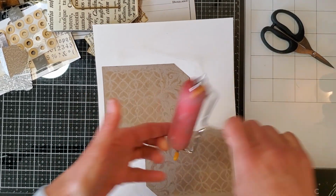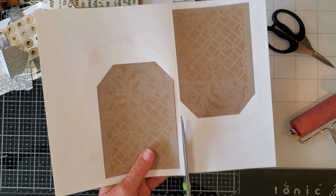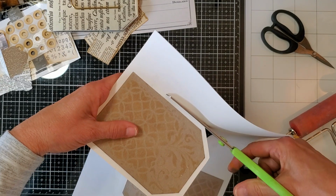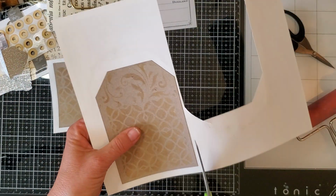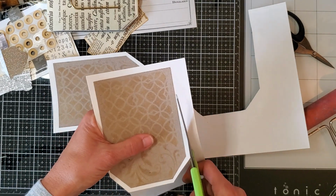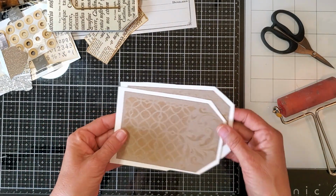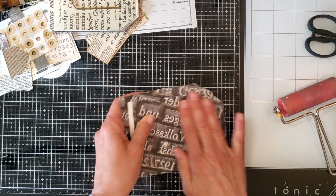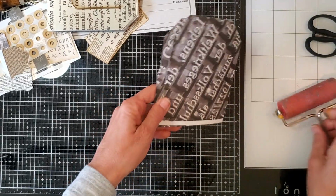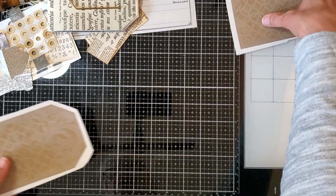Now I'm going to let that kind of dry for a bit while we do the rest of it, and then we will come back, and I just kind of want to cut around this. We'll come back and trim it close to the edge, and then I'll show you how I'm going to finish that. Okay, all right, so the cover is going to sit and dry while we do the rest of the project. Okay, all right, actually,